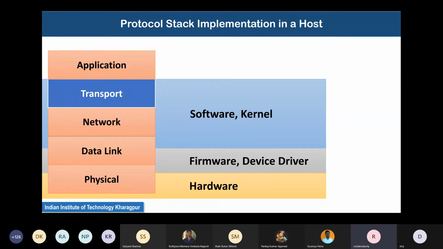The transport layer is primarily implemented in software, probably entirely in software. Usually it is part of modern operating system kernels. Common API function calls are provided to the application developers who can call these functions.